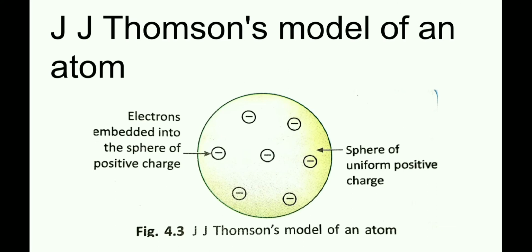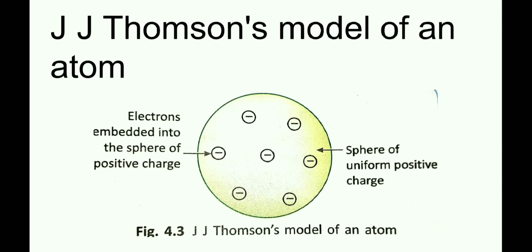So after the discovery of electrons and protons, J.J. Thomson proposed a model of an atom. So he tried to explain the structure of atom, how the atomic structure looks like. As per his model, he said that an atom is a whole positive sphere in which negatively charged particles, which are known as electrons, are embedded inside that sphere of uniform